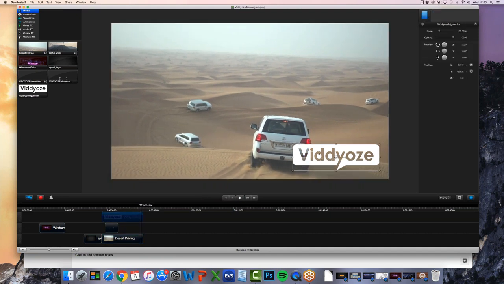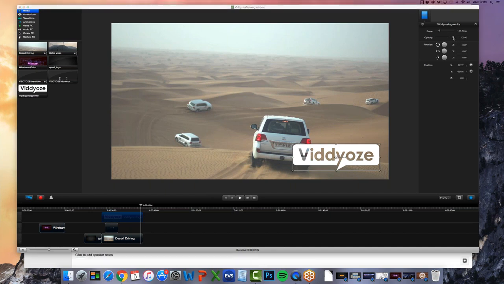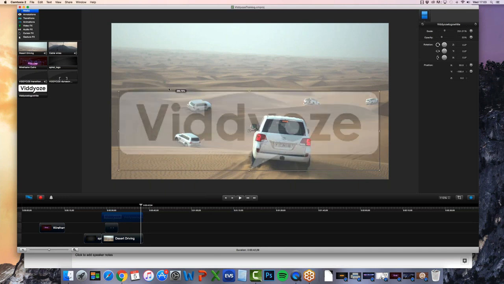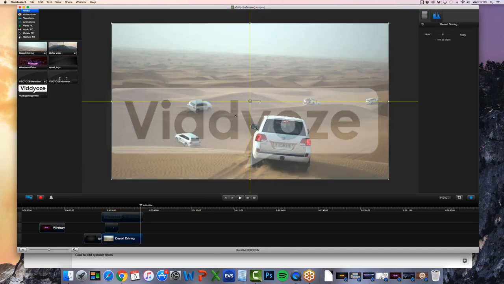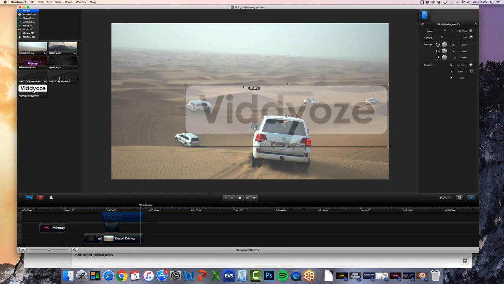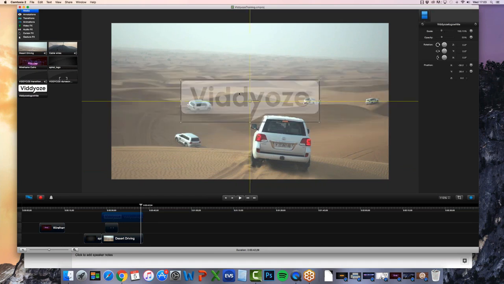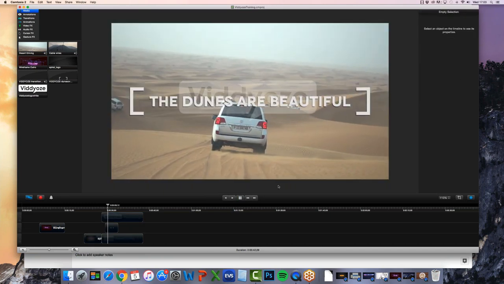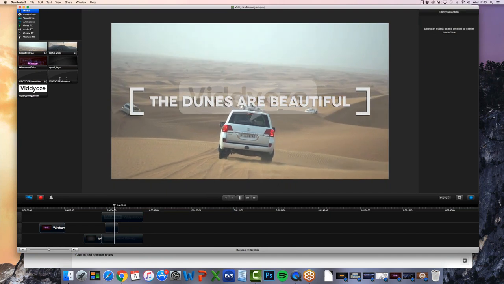I mean, you could make the opacity a lot lower. Again, if I pull this down, which I can do in here, so it goes see-through, I could pull that full screen if I want to. The logo is not the right pixelation to do that though. But I could put it in the middle of the screen, pull my transparency down. Okay, so I can do it like that if I want. So if you don't want to put one in the bottom corner, I've just watermarked this video by putting a logo over the top and moving the transparency.